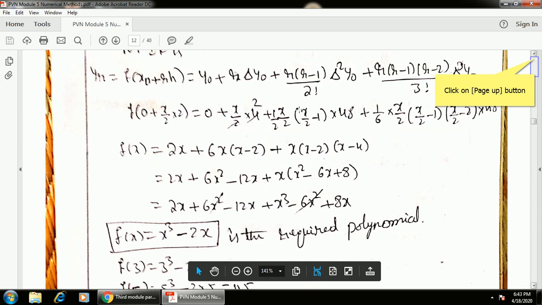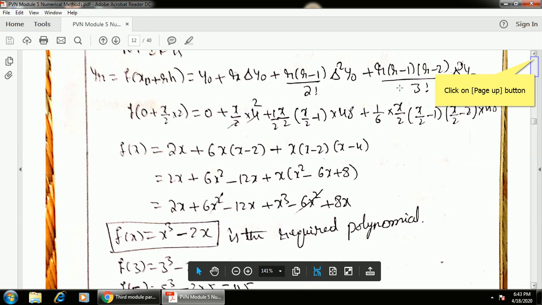Okay, again if we simplify this, the first value 0 I have not written here. x by 2 into 4 is 2x. Here I have taken the LCM, x minus 2 by 2, 2 fours are 8, 8 sixes are 48, and this x I have written as it is. Here after taking the LCM it will be x minus 2. Here also I have taken the LCM, x minus 2 by 2, x minus 4 by 2, 2 fours are 8, 8 sixes are 48, gets cancelled. Remaining is x into x minus 2 into x minus 4. Then 2x, again multiply these three terms and simplify, we are getting the polynomial as x cube minus 2x. It is the required interpolating polynomial.